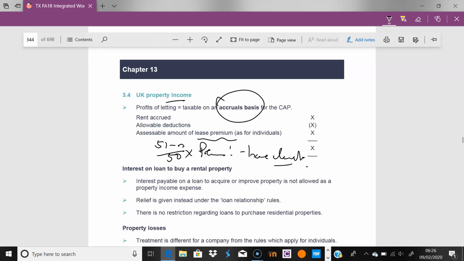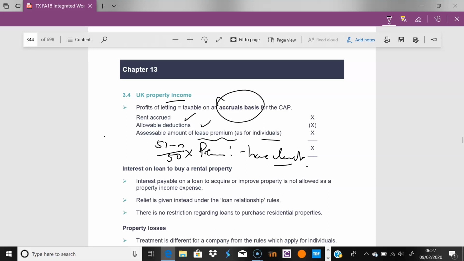Now this is property income, the whole thing is taxed, right? Remember, unlike the person who's actually taking out the lease, where they can then split that lease over the life of the lease, you can't do that if you're the recipient, company or individual. So what are we doing here? That's the rent accrued for the period, any allowable deductions as you would expect, and the lease premium as for individuals. We don't have all the drama, that whole 50% restriction, as we do in the individual. Remember with the interest income,